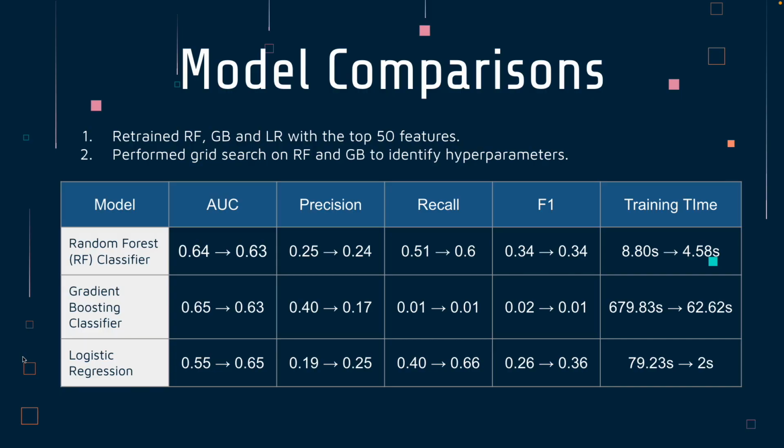So this comparison here is just showing where we went from our baseline with 2,600 features to the 50 features that we ended up with, and you can see the massive impact on training time, especially with gradient boosting as a classifier. Significantly impacted as well. A lot of the core stats were maintained, and some even got worse, like the gradient boosting there.